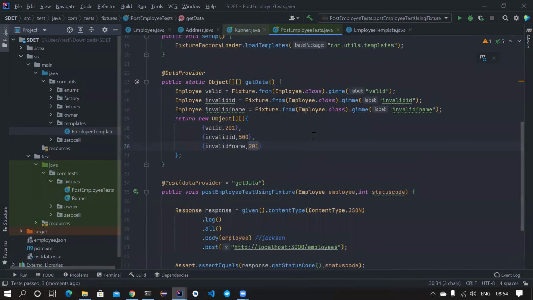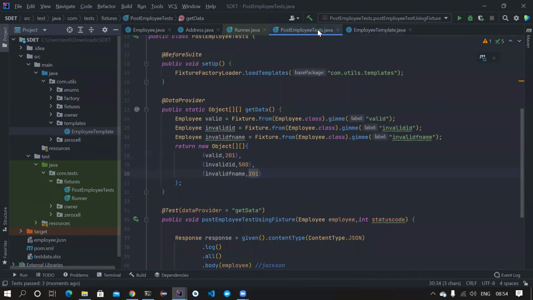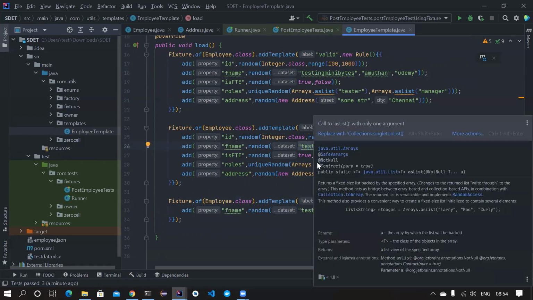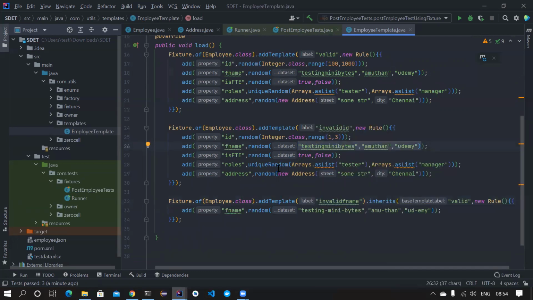So what else can we do? It's not that it can only generate the values you define here. You can also use external libraries like Faker. For example, I want to generate these first names using the Faker library. So what I can do is create a new method called public, and I have to return an object array at the end of the day, and call it get first names.